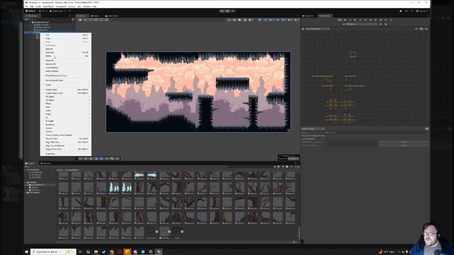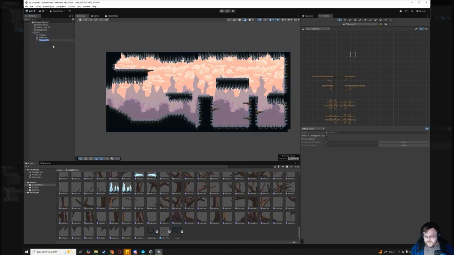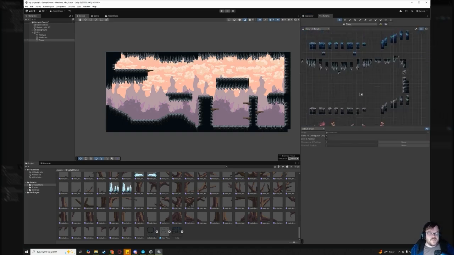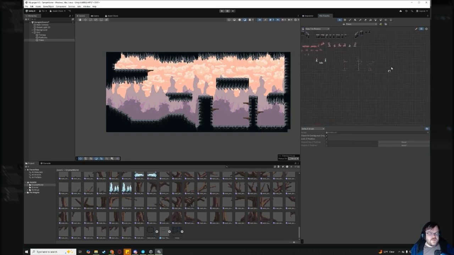So now let's do another one, and this one we're going to add another tile map, and this one we're going to call trees, and we're going to go to our inspector, and we're going to make this, let's go with 7. So the trees. If I wanted to add some trees in, I set this at 7 so that if